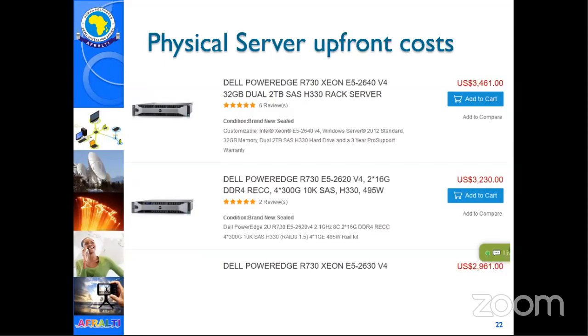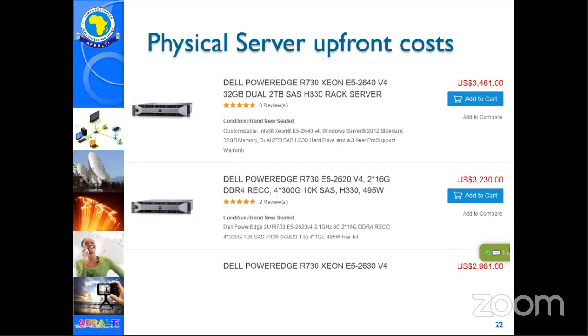Now, the thing that I'd mentioned earlier on is the upfront costs. Now, this is just a screenshot I got on the internet. Not that I'm a fan of Dell servers, but if you are to buy a Dell server today, you'd spend around that amount of money or less, depending on the specs of the server. Let's say even it's $1,000 or $2,000. This is the money that you need to pay upfront for this server to be delivered in your office. Then you'd also need to rack it up, which means you must have a server room. You must cable it and connect it to the network. You must protect it from attacks.